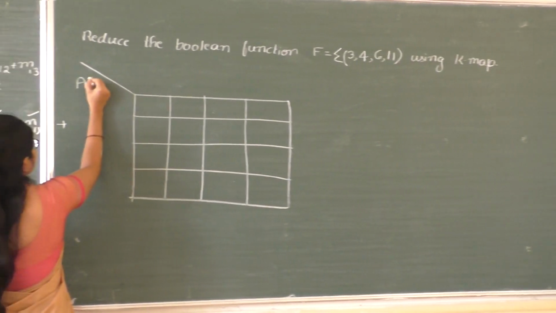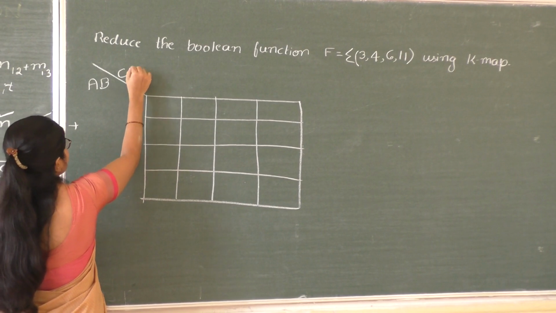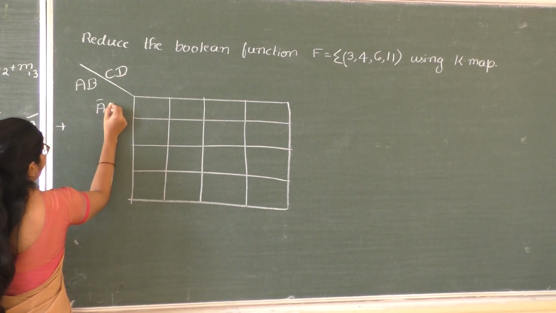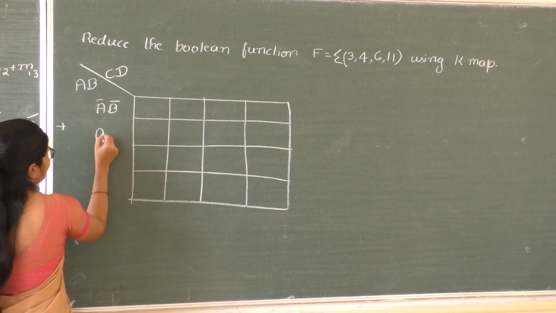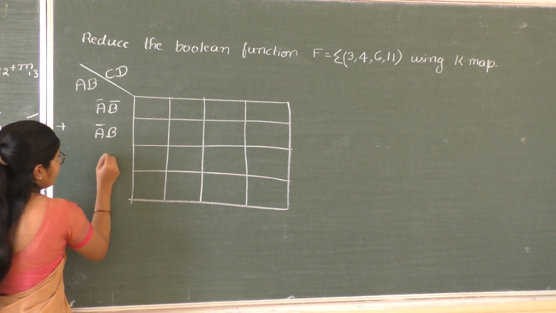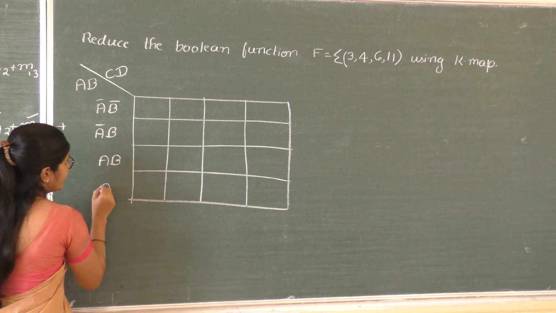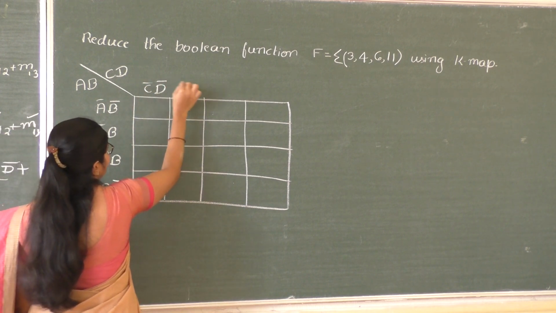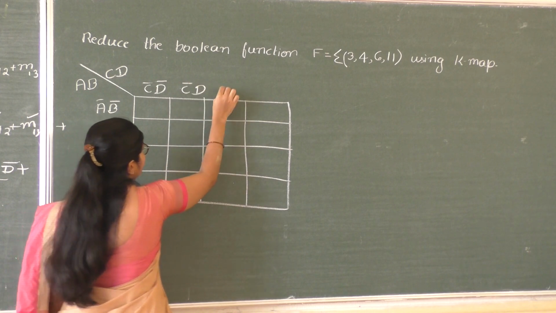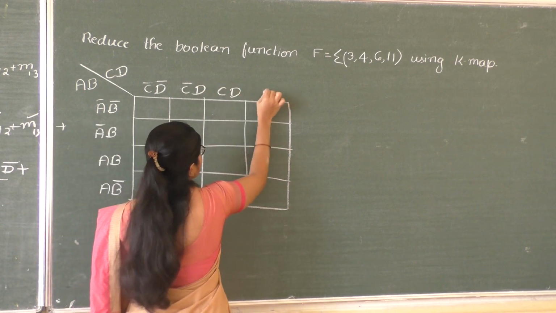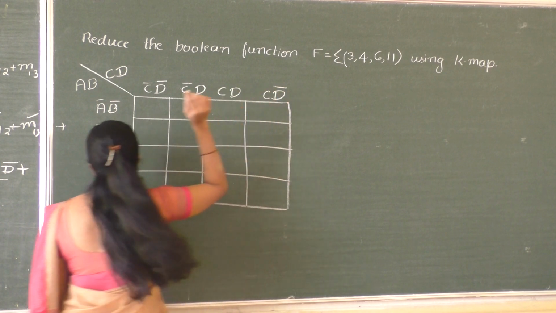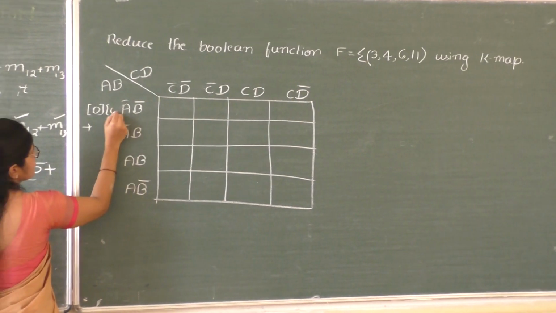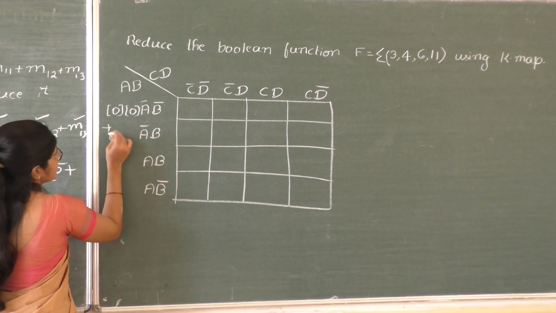I will use the variables A, B, C and D. In the first row: A bar B bar, A bar B, A B, A B bar. Next: C bar D bar, C bar D, C D, C D bar. Binary values of the variables are, the first row 0 0, next 0